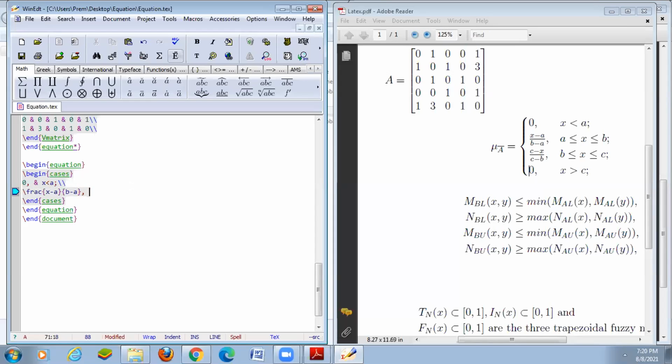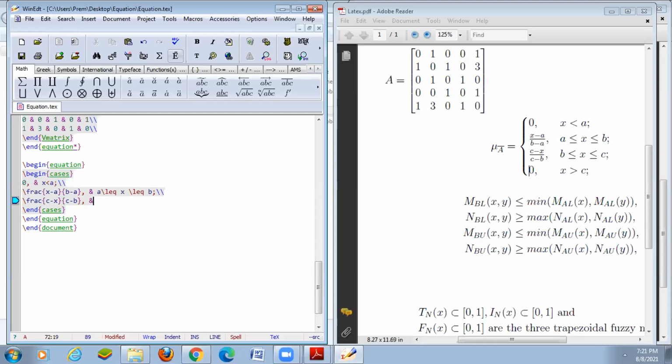Then I use the ampersand and take the values a less than or equal to x less than or equal to b. And then I break the second line. Now the third line also has a fraction, so use frac. The numerator is c minus x and the denominator is c minus b.